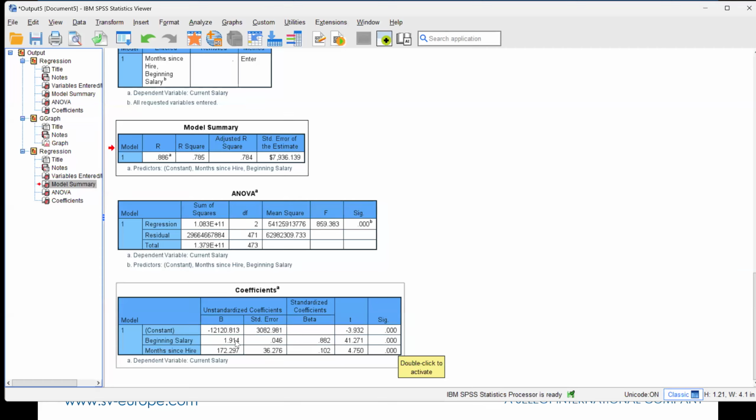And we can see that beginning salary here is now $1.9. So it hasn't changed very much. Months since hire is $172. That's saying that for every month you've been there, you get an extra $172. That's what your time in the job is worth to you. And the constant is now a minus number. So we're actually taking $12,000 off that because we have to account for the fact that we've got these extra